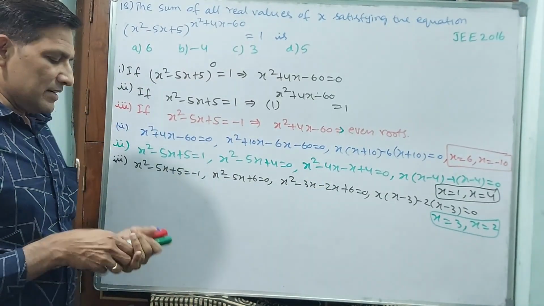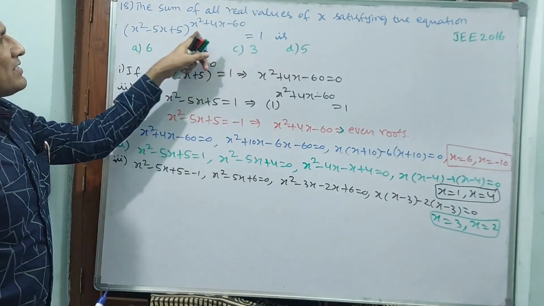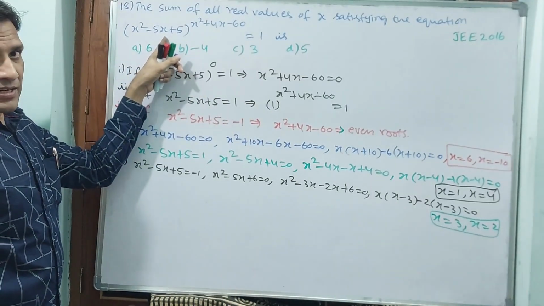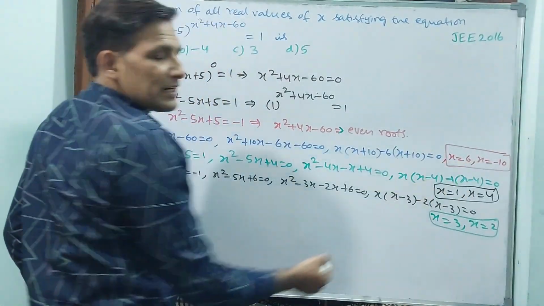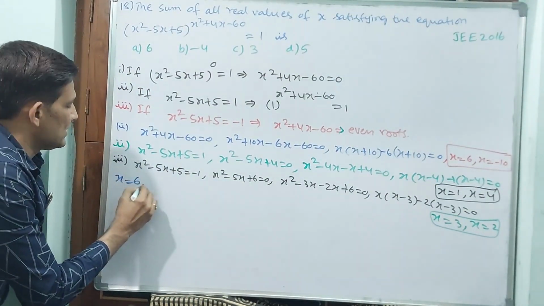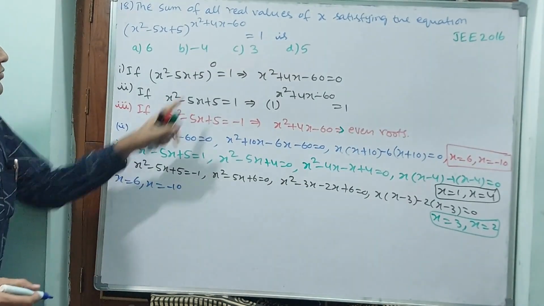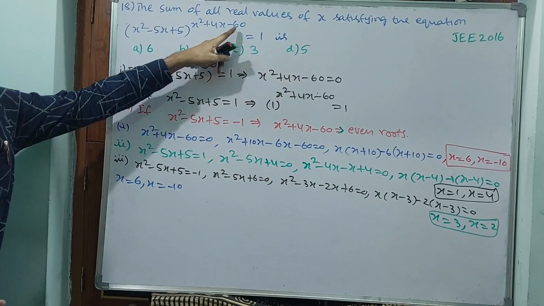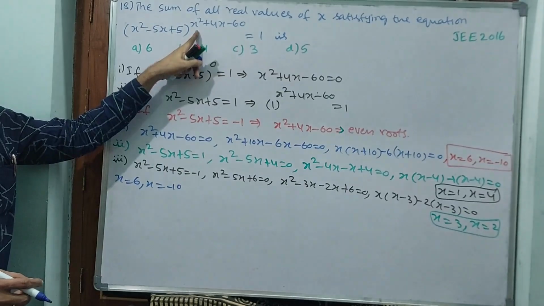But whether these are satisfying, we don't know. Let us check. First of all, these two we did not check. Why? Because 6 and minus 10 are for the power. Whether the base is going to become anything or not, that is a different thing, but something power 0 is 1. That is why x is equal to 6 and minus 10 we did not check. That means, confirm, I am writing: x is equal to 6 and x is equal to minus 10. These are confirmed. Why? Because if x is equal to 6, automatically 36 plus 24, 60 minus 60, 0. Minus 10, if you take, automatically 100.